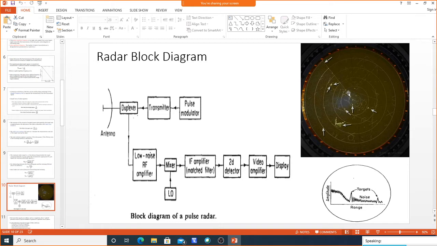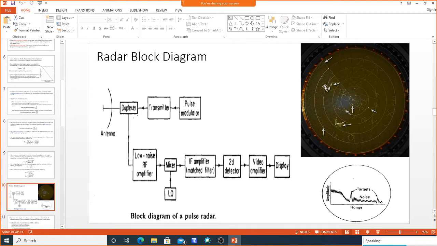Here, as I said, the range will be varied in the radial direction. Whenever the target is moving, the range will go on varying with respect to the radial direction. Wherever the detection happens through the antenna with respect to angle, that angle will be an azimuthal angle, that is, in the phi plane. You might have seen in the radiation pattern the elevation plane and azimuthal plane. So here the angular position of the target is displayed in the azimuthal plane.